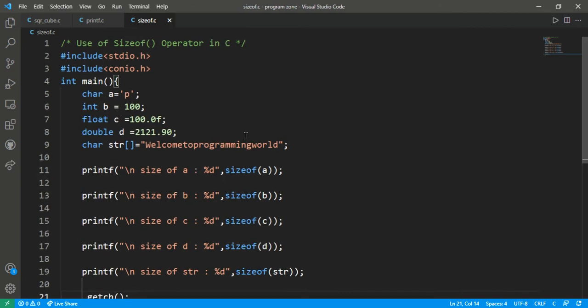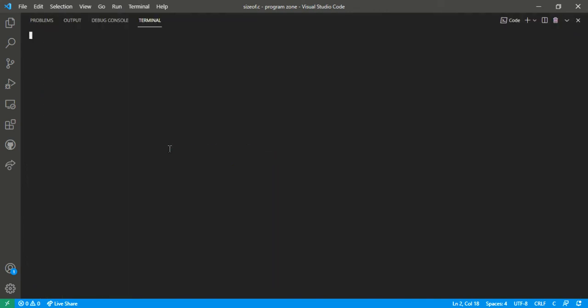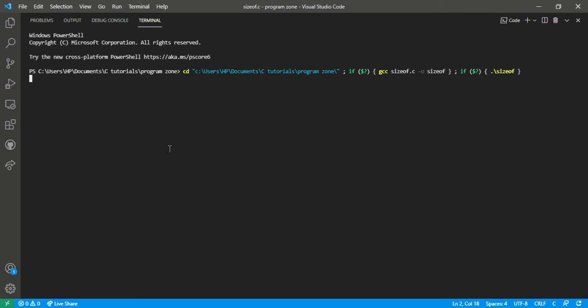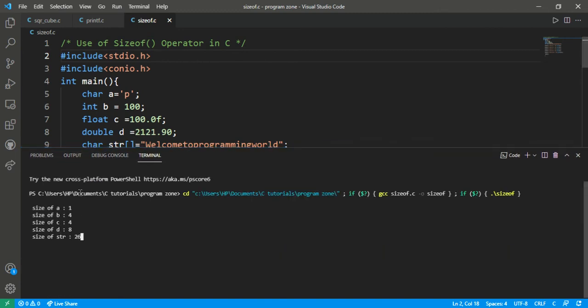So let's check. Run the code. After running the code, we get the size of a is 1, and the size of a is nothing but our char type of variable. So in C programming, why does it print 1?